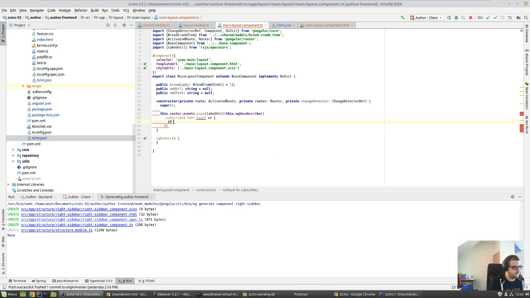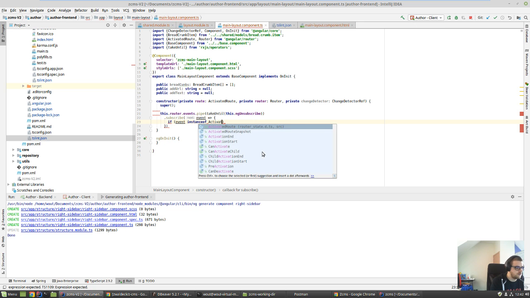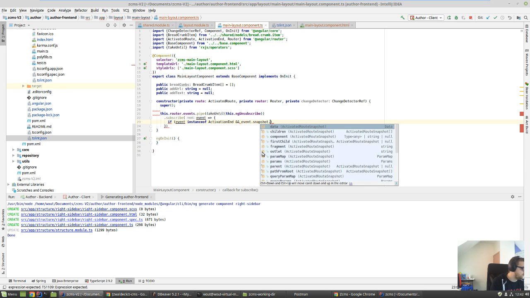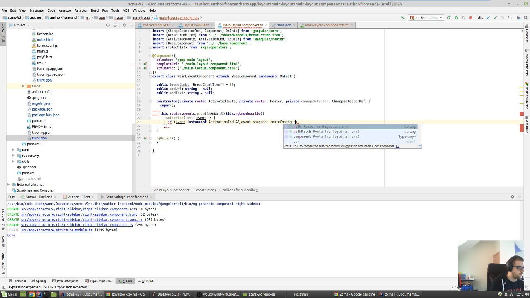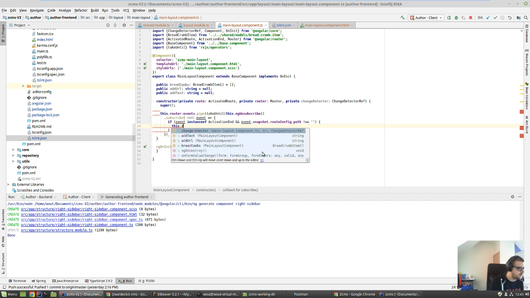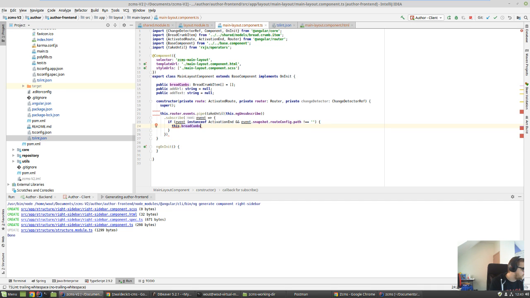So if the event is an instance of ActivationEnd and event.snapshot.routeConfig.path not equals empty, so we say this.breadcrumbs equals event.snapshot.data.breadcrumbs,